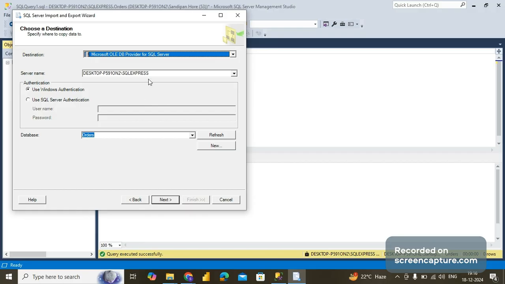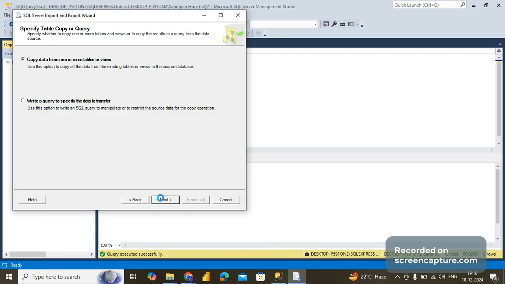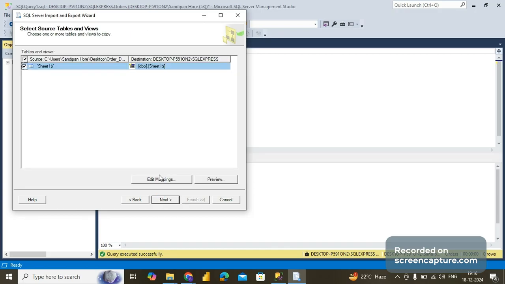If you select this option, you can also select the database again. In my case orders is the database. Click on next. This option is already okay. Now this is the sheet one, and here there is a button called edit mapping. If you click on edit mapping, all the mappings will be correct only since it is a .xls